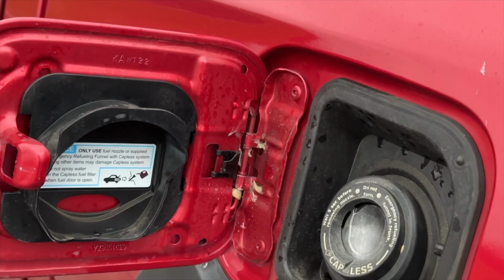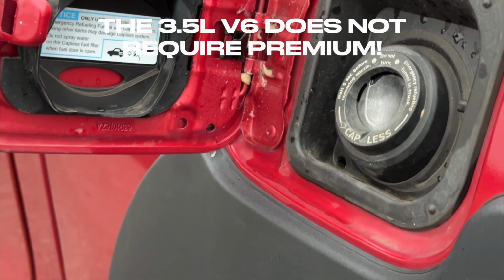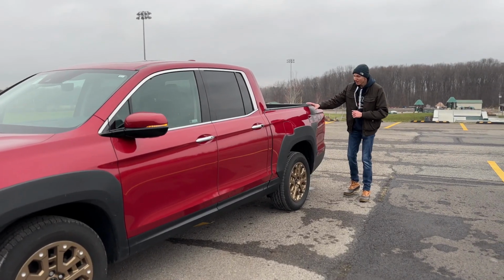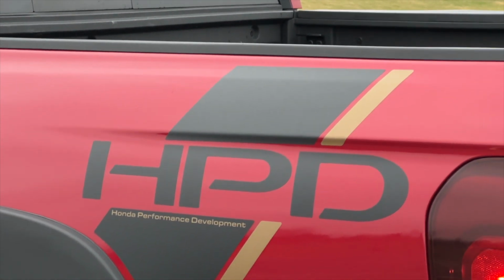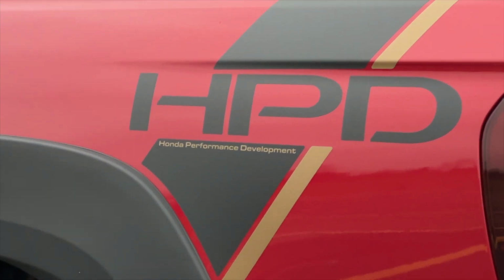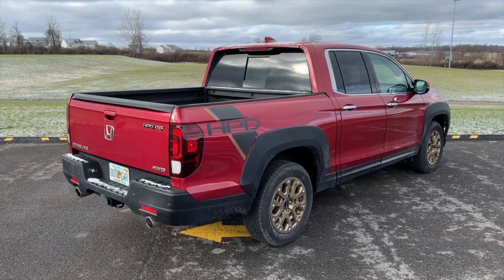We'll have a little button right on the floor inside to pop that open at the gas station. And then the last piece of what makes the HPD different is on the bedside back here, and that is your big Honda Performance Development decal right there. And I think that, in addition to the rims and those big side flares,